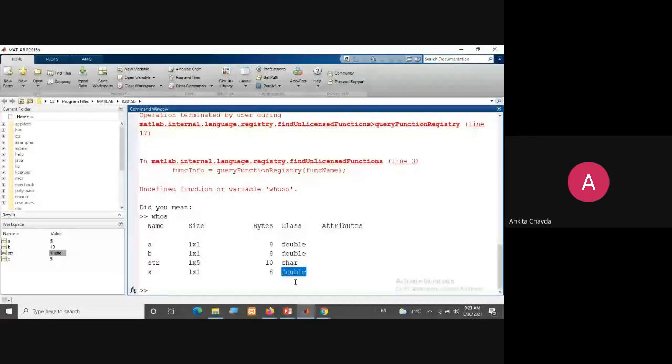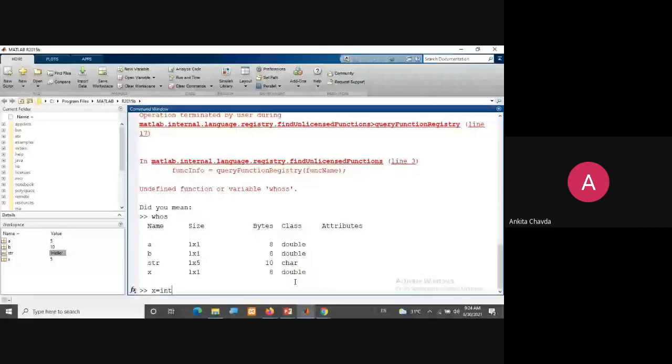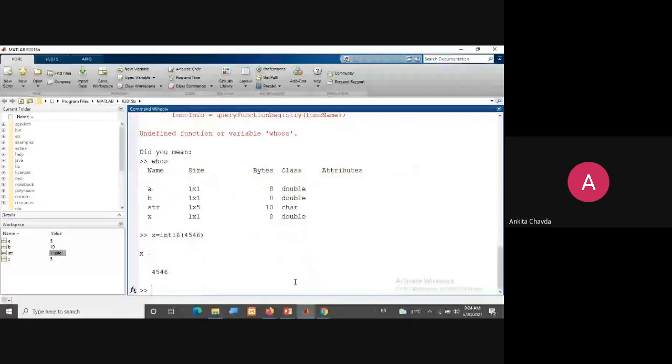But now if you wish to give an integer one, then you can write x equals int, and then the bits, suppose I'm choosing int16, and I'm giving some value like 4, 5, 6, 7. Then now if you check this,